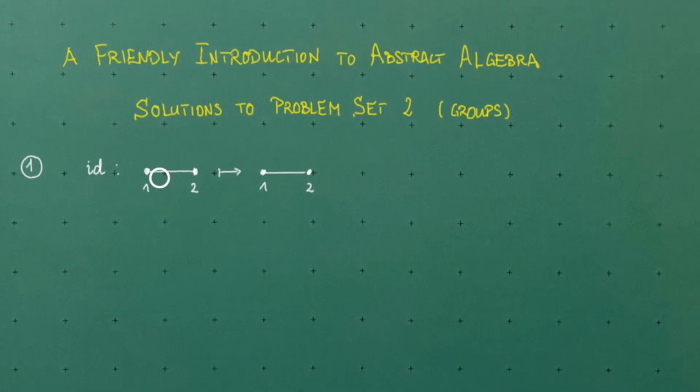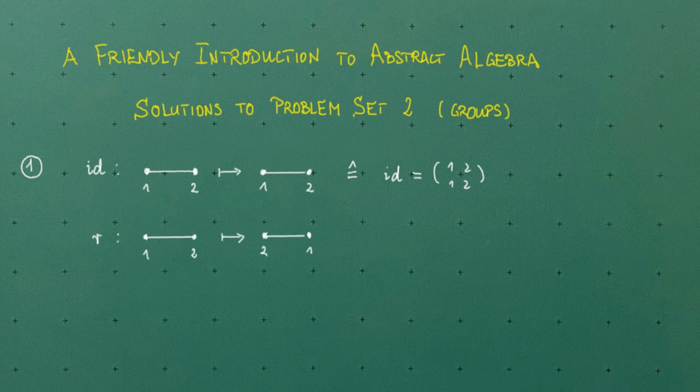Okay, here we have the regular two-gon, and of course there is the identity, which does nothing to this object. So in permutation notation we have 1, 2, and they stay where they are. So here in the second row we also have 1, 2. This is the identity. Then we have another symmetry, which is rotation around the middle by 180 degrees, or we